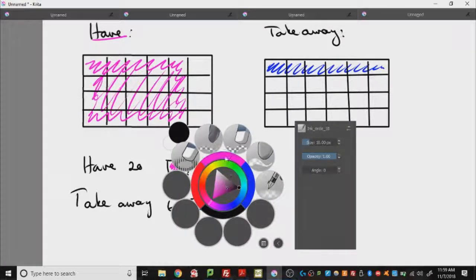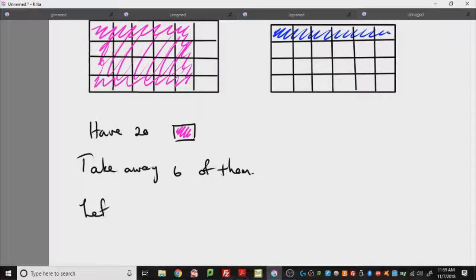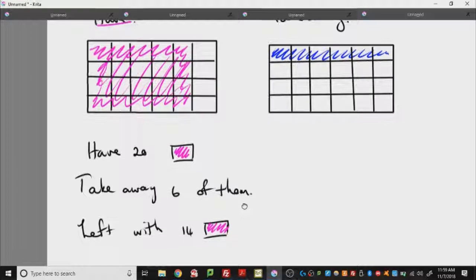Well, I'm just going to say take away 6 of them, and we're left with 14 pink little sections. You can actually take them away on the rectangle you have,